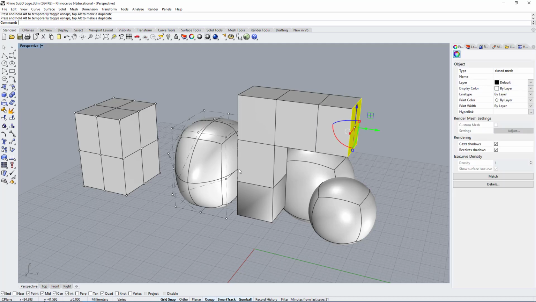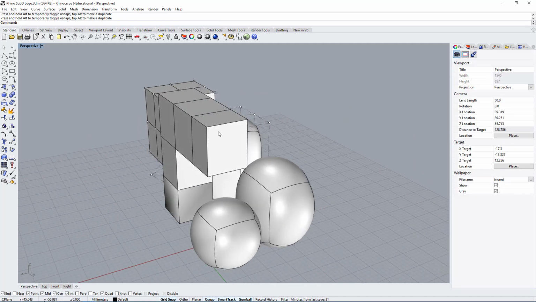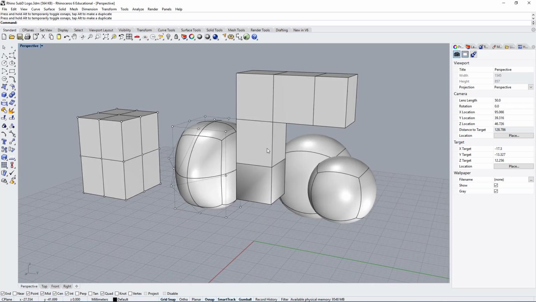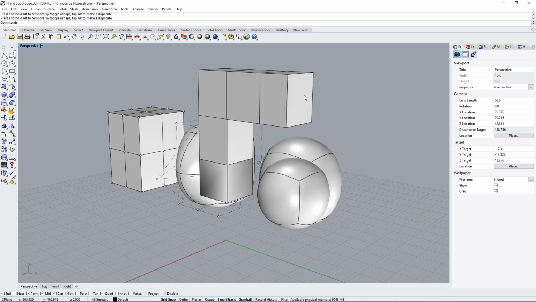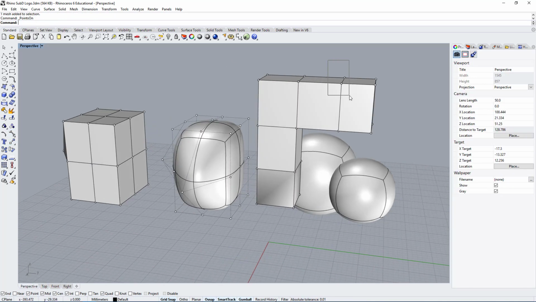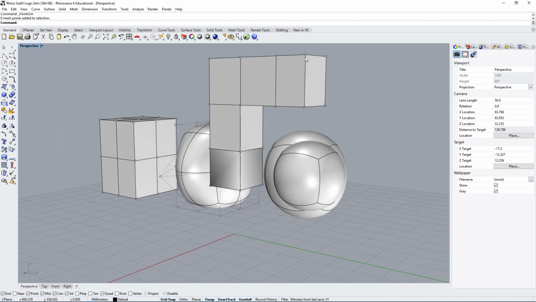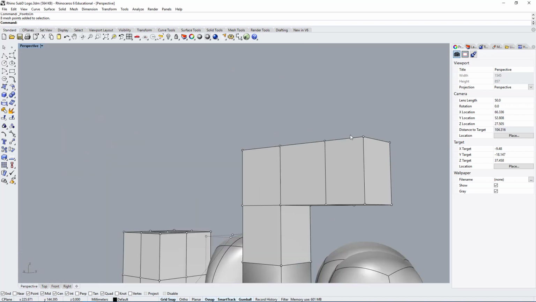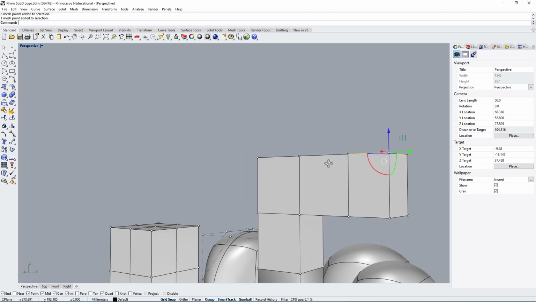And let's say we want everything to be smooth, but we want this side here to remain with sharp edges. So let me show you how you would do that. You would select the mesh and let's look at the points. If I look at the points here, I can see it's recognizing there's multiple points, right? And that's because the mesh is open. So this is an open mesh on this side.